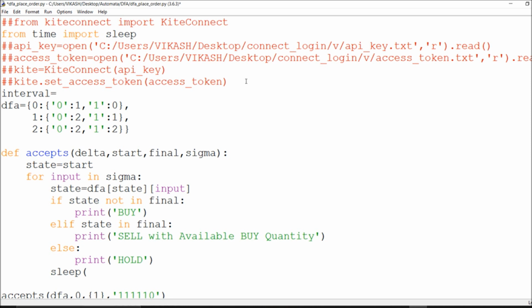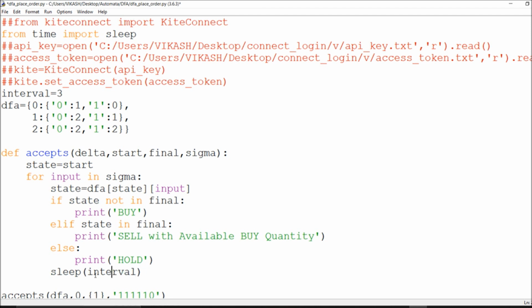If I have to go every 30th minute, I must say 60 into 30, since 60 seconds equals 1 minute. So this is my 30 minutes. Right now I'll take just 3 seconds, so I can show you what exactly I'm doing. I will put in my interval. Whatever interval you want, you can put, and you can do some calculation as well. This is 3 seconds; if you put 60 seconds, that's 1 minute. Here we are good to go.